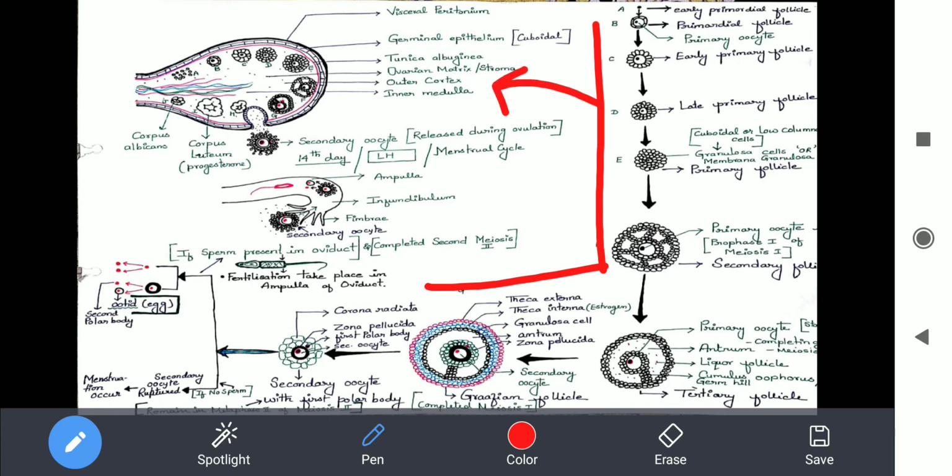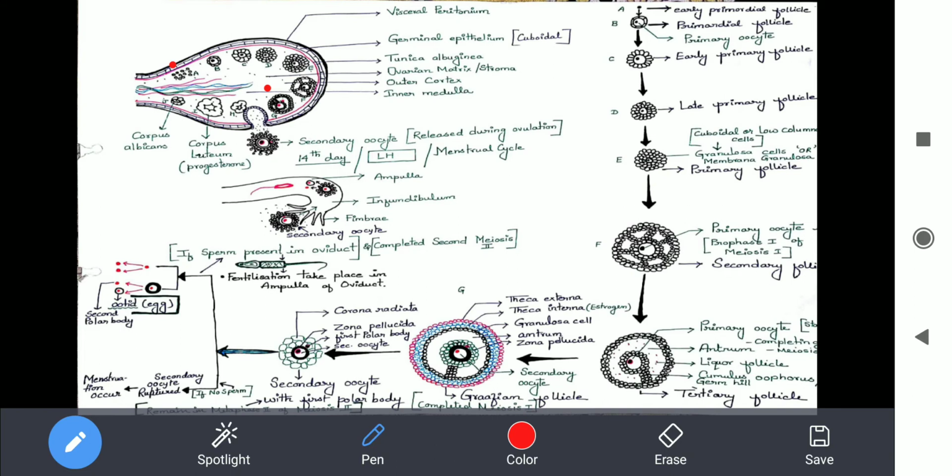Inside the ovarian cortex the arrangement of follicles is given, from the primordial follicle to the mature Graafian follicle. The primordial follicle to primary follicle formation, this whole developmental stage,